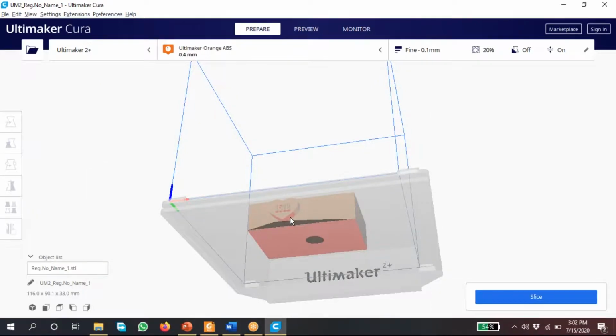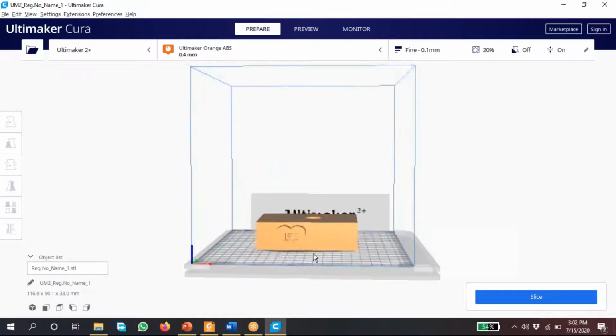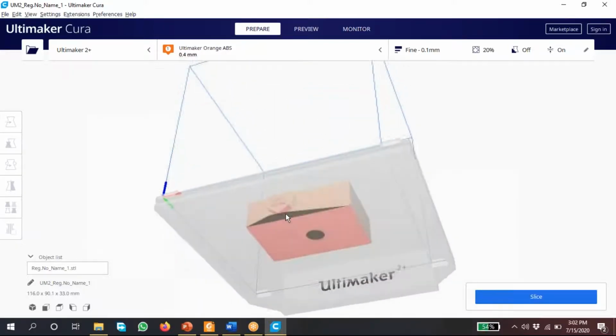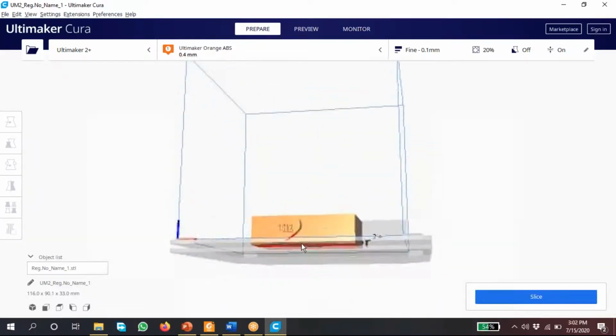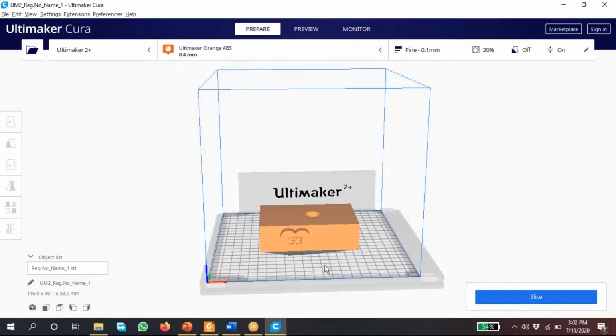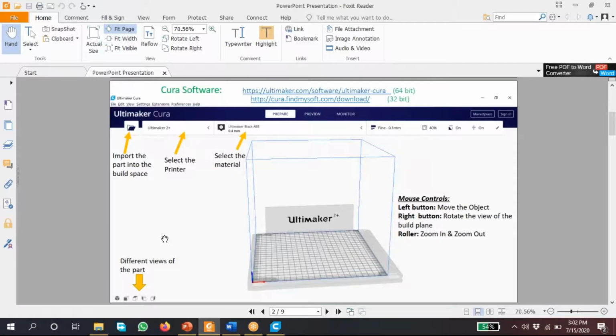That indicates that supports will come at that place. It is taking automatically. Do you understand, sir? Okay, I got it. At that place supports will come. Okay, thank you.